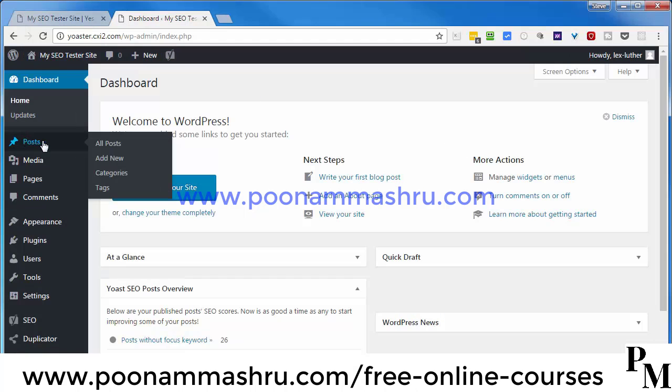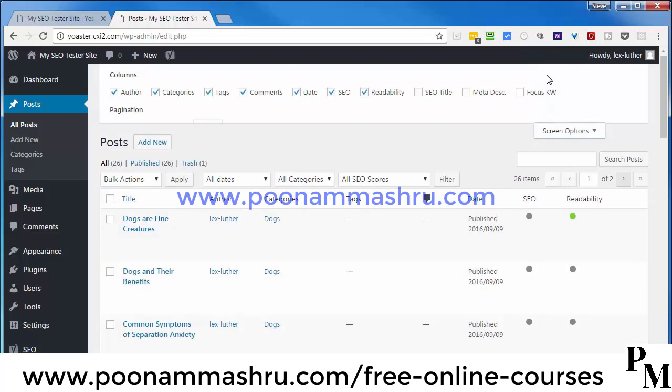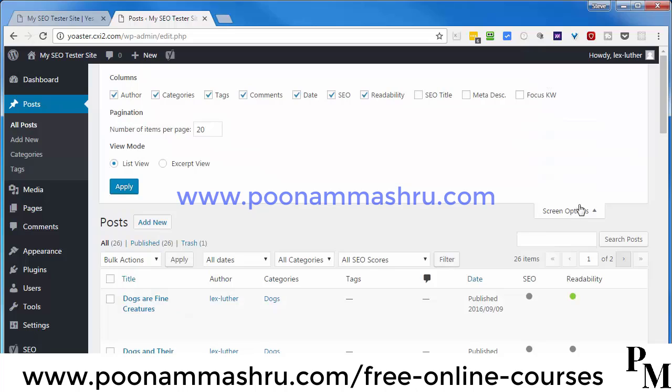Now, you're going to get the same results on the all posts as well as on the all pages management page. But I'm going to demonstrate this using the all post management page. And what I'm talking about are the 2 additional columns that are added once you install and activate the Yoast SEO plugin. Actually, there's more columns that you can access by hitting the drop-down section here for the screen options